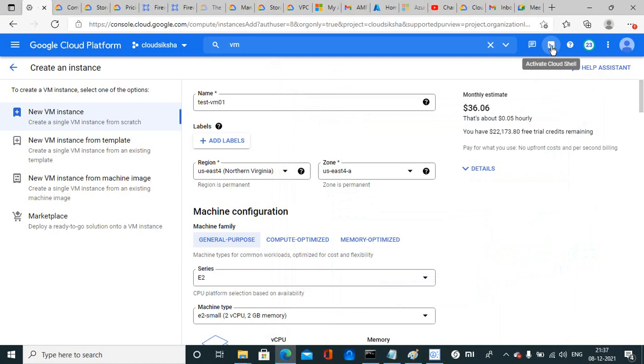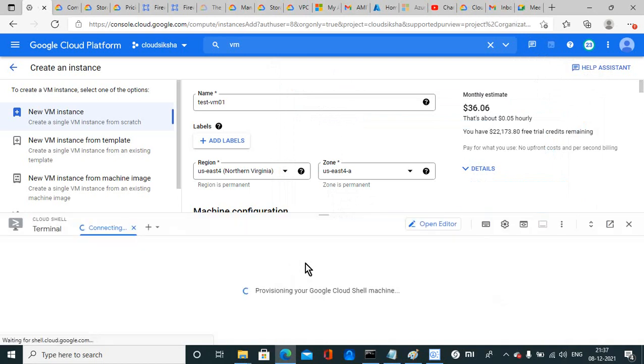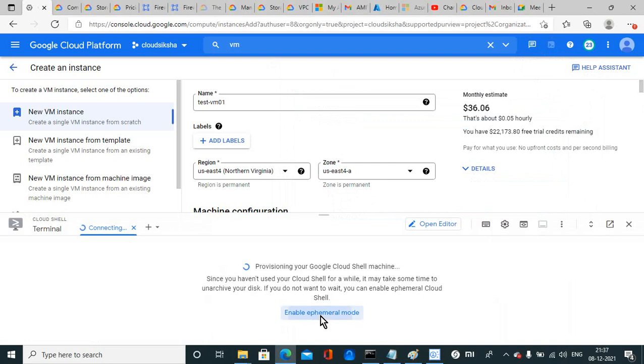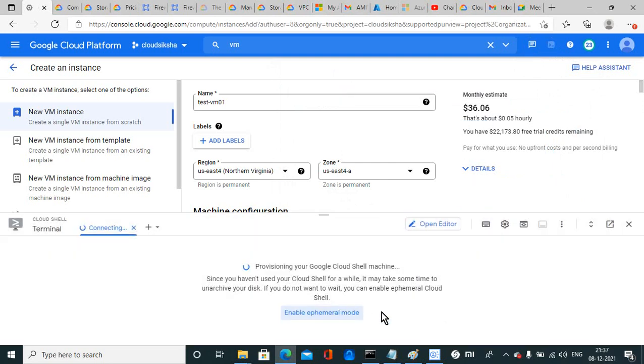go to Cloud Shell, enable this Cloud Shell command line from here.